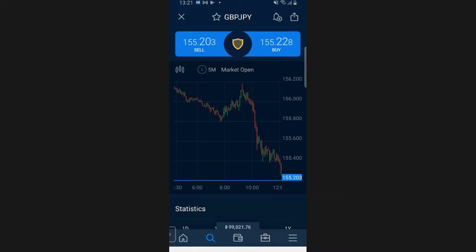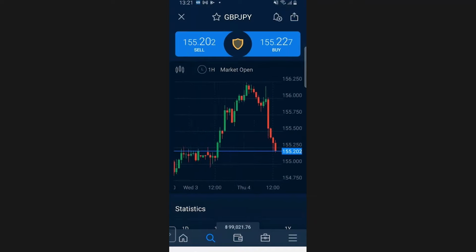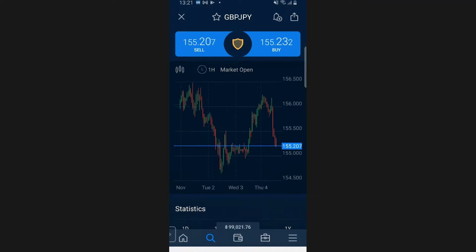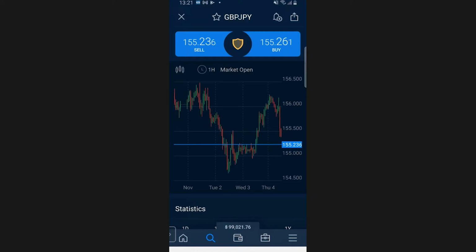So we take a look at, let's say, 1 hour candles. And we see it has not reached the support level down where we see this line down here. You see where I put that line? We don't see that it reached that price down around 154.6, let's say. So it has a ways that it could continue to drop if that's the direction it's going. So let's say you wanted to make a trade on this, and let's say you want to sell based on the signal, based on the fundamental news.